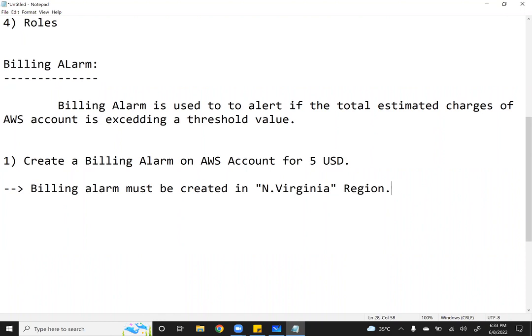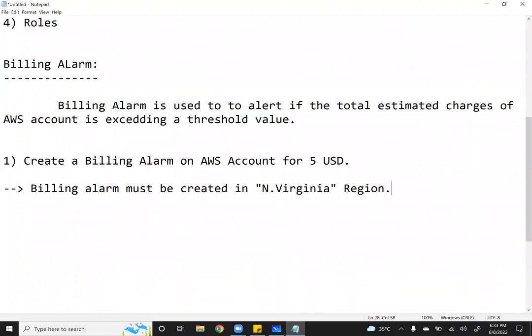So here Amazon will monitor the total charges across all the regions on your Amazon account. So for creating it, they have to restrict you to a single region to avoid confusion and to avoid messing things up. They are allowing you to create the billing alarm from the Northern